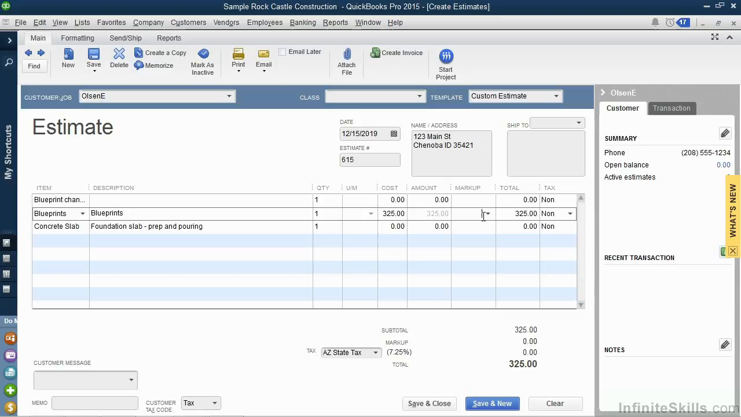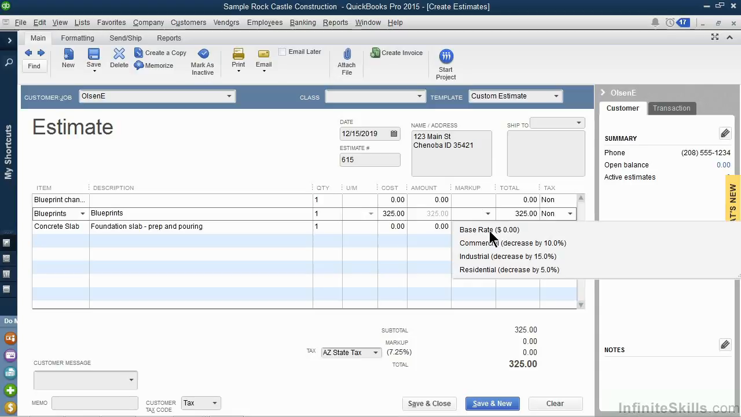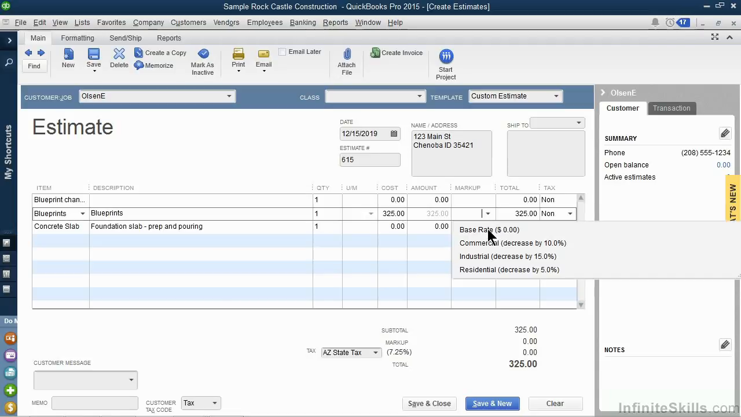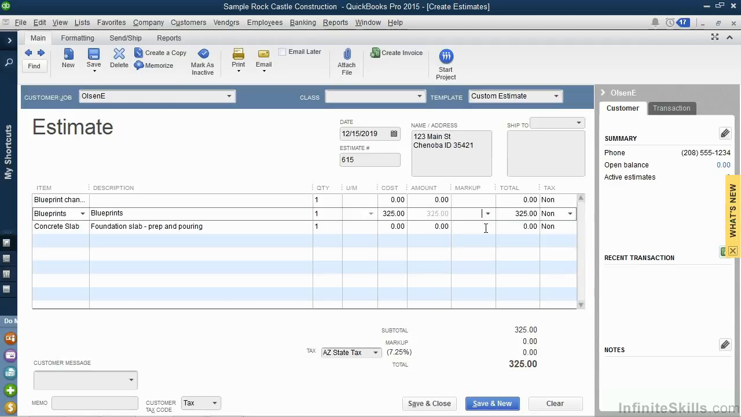But under the markup, we actually can. We can choose a variety of different rates: a base rate, which has no markup; commercial pricing, in which we offer a 10% discount; industrial, which gets a 15% discount; or even residential, which applies a 5% discount. By selecting any one of these options, it will then help us modify the pricing for this particular estimate for this particular client. In this case, we'll go ahead and leave it at the base rate, which does not give